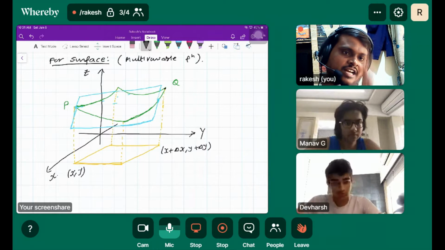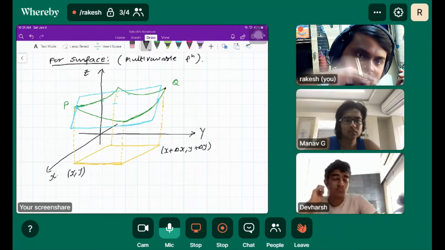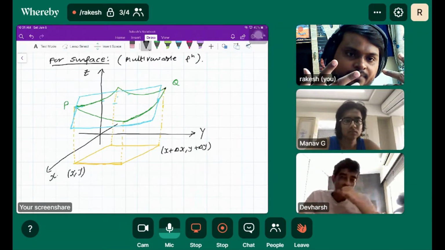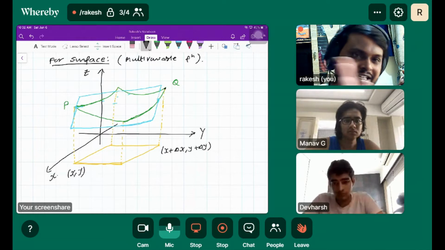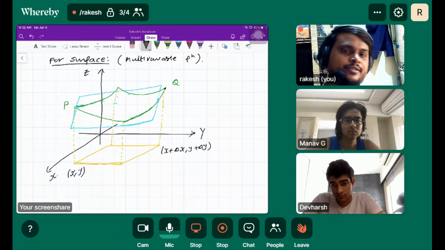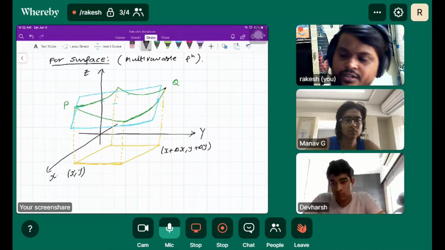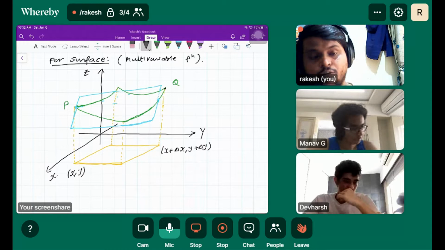So obviously the change in height is dependent on two variables. Am I clear? The change in height of the surface is dependent on two variables, which are x and y, right? So z is the dependent variable, x and y are independent variables. So obviously there is a change in x, there is a change in y. The tangent plane is at P. Do you understand? We'll discuss this orally first, and then the formula part of it.